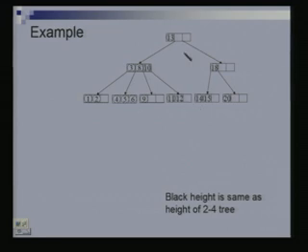This is my 2, 4 tree, right. As you can see, each node has 1, 2 or 3 keys, which means 2, 3 or 4 children, and the height of this tree is 3. Now, let us say this is the first node which I convert into a red black tree. There is only one key here, so I will just create a black node and nothing else, no red nodes, right.